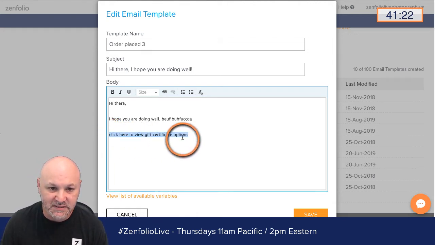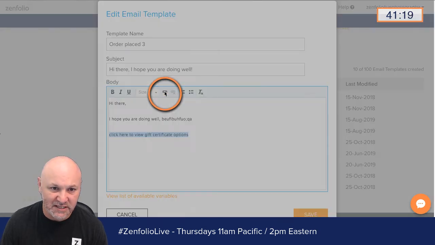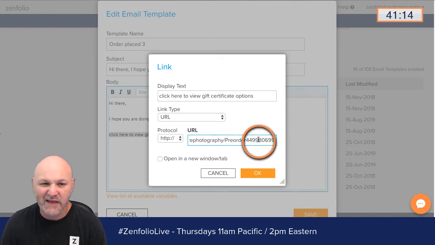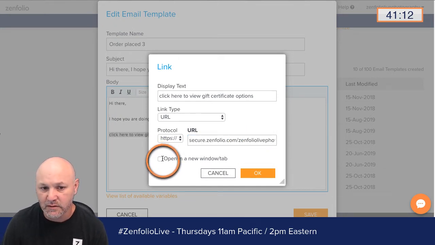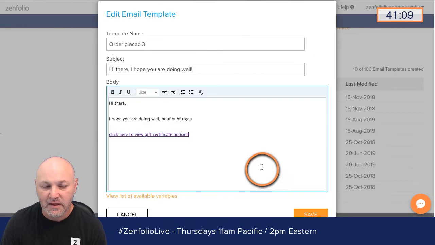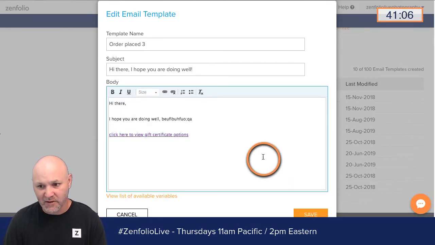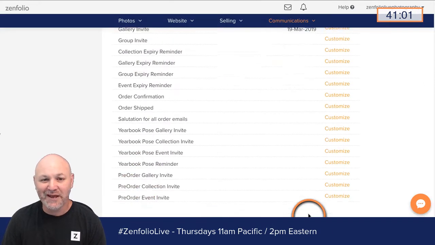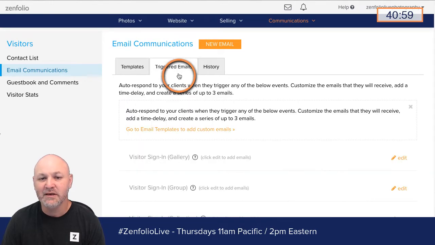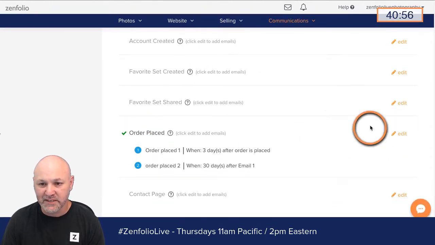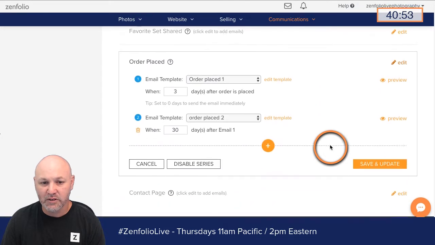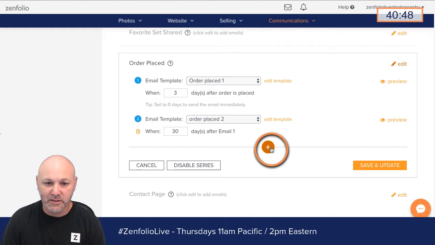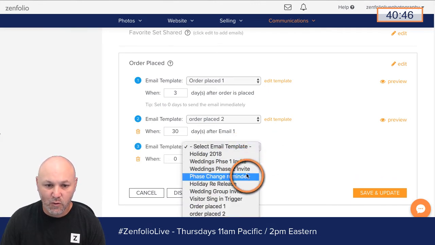We're just going to highlight this text right here, use the link tool, and paste in that link that I copied from pre-order. And then you can set this to open up in a new tab if you want, right here, and click OK. And so after you have this email template set up really well, you're just going to save it. Go back up to the triggered section, and then go down here to your orders placed, click edit, and we're going to go down here and add this on to this orders placed trigger. So I'm going to click plus. We're going to select orders placed